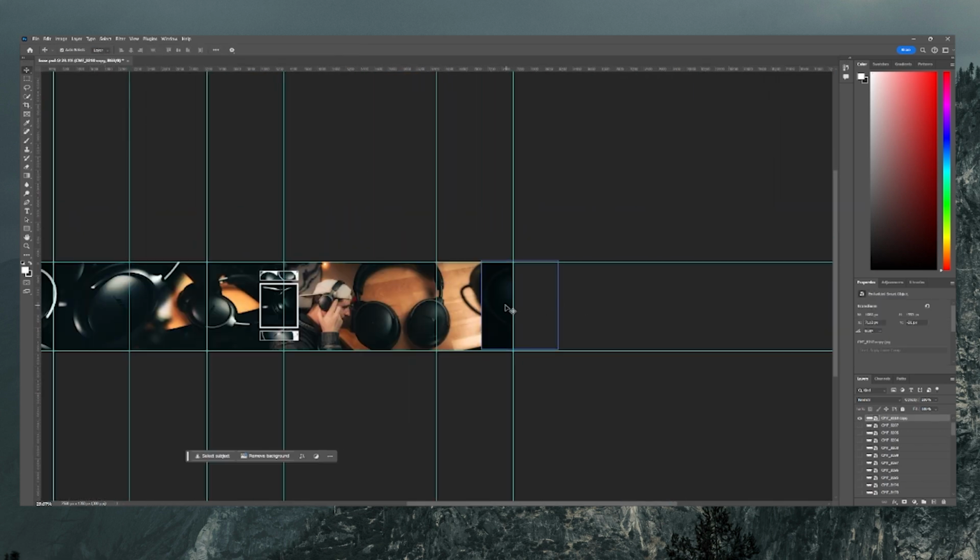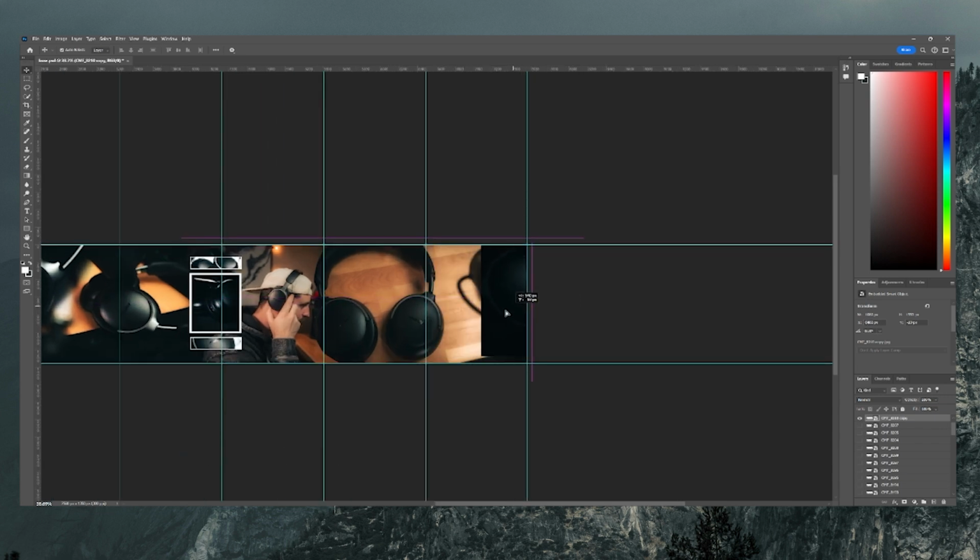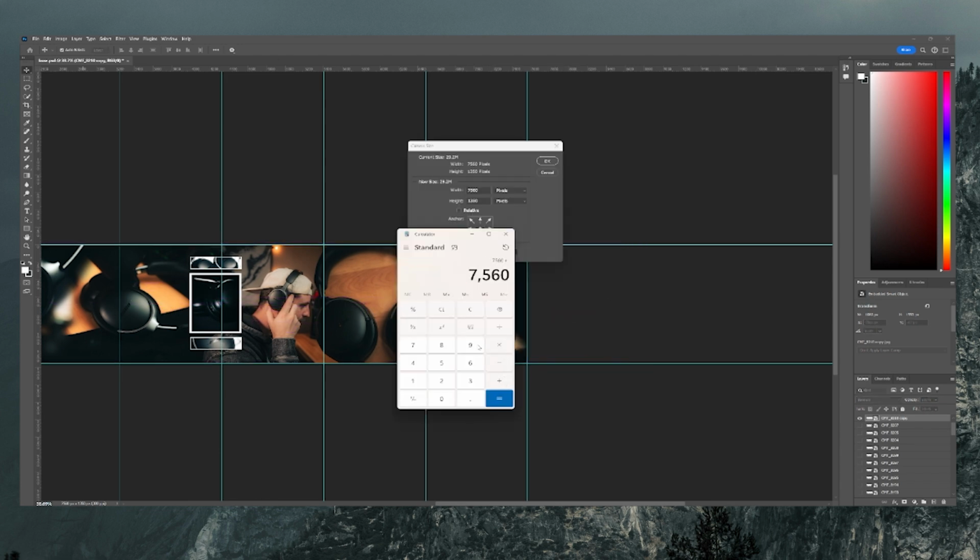So at this point, I'm going to do one more because it gets dark on this side, and I don't want a big contrast from this to this. So I'm going to add one more plus